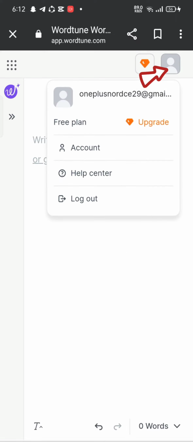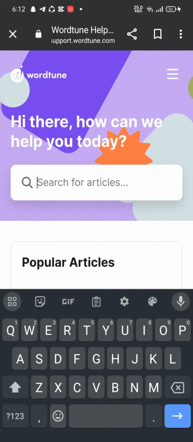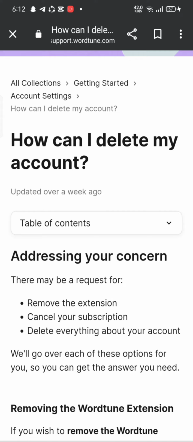Click on the profile icon at the top right corner of the page. From the drop down, tap on Help Center. On the next page, type in "I want to delete my account" in the search box and make a search. You can delete your Wordtune account by following the instructions, or else what you can do is open up your